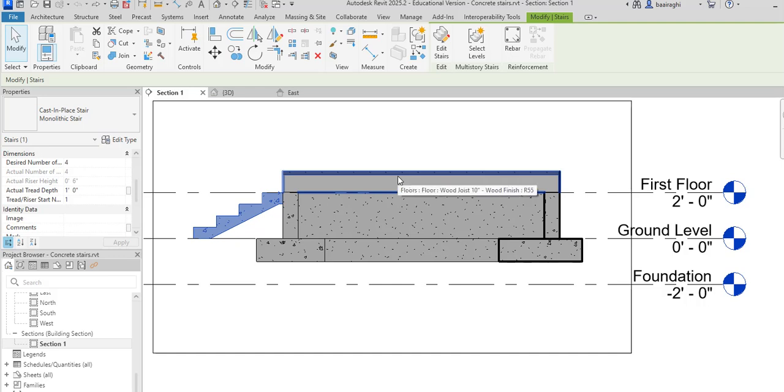This is just a wood top, 10-inch joist area, and the length and width doesn't matter. The shorter you make it, the easier this section view is going to look, with a foundation wall and a footer. Okay, so what I'm going to do, and what I want you to see, I'm just going to double